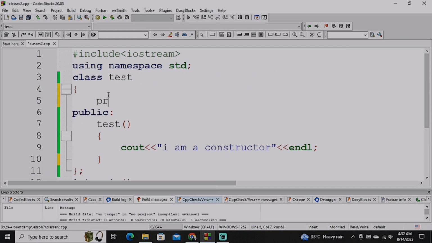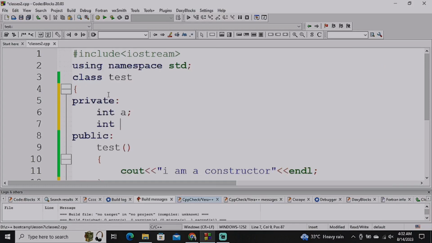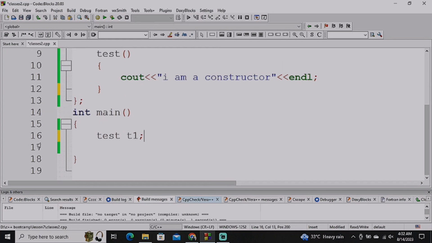Let's say I have some private section data, integer A and integer B. So I have two integers. Now these two integers are in the private section, so I can't access them in our main function directly. So what options do I have? I can use some member functions in public that can initialize some values